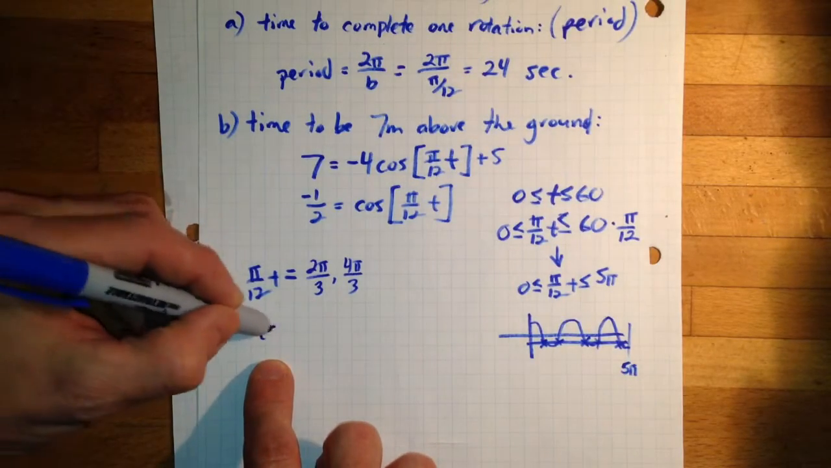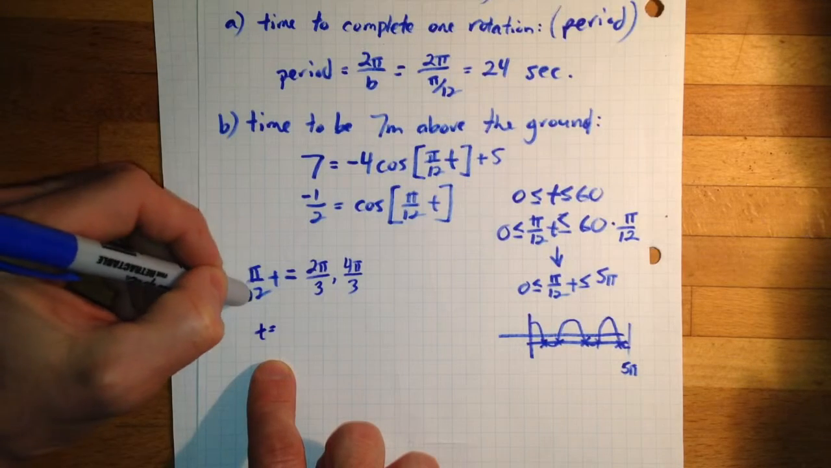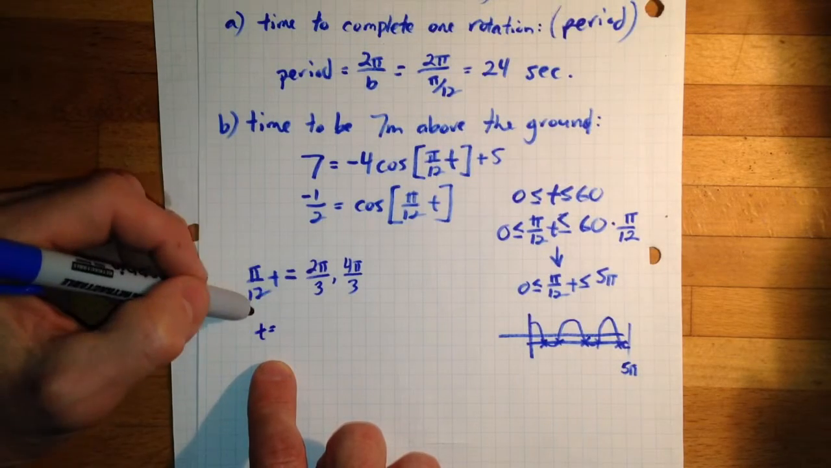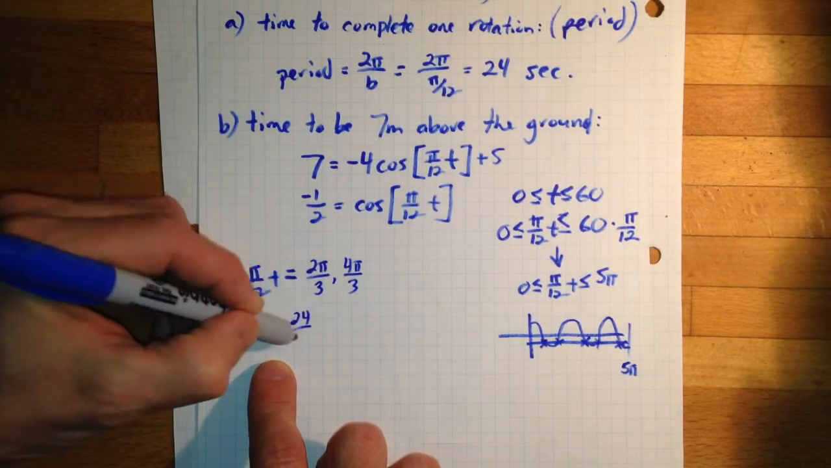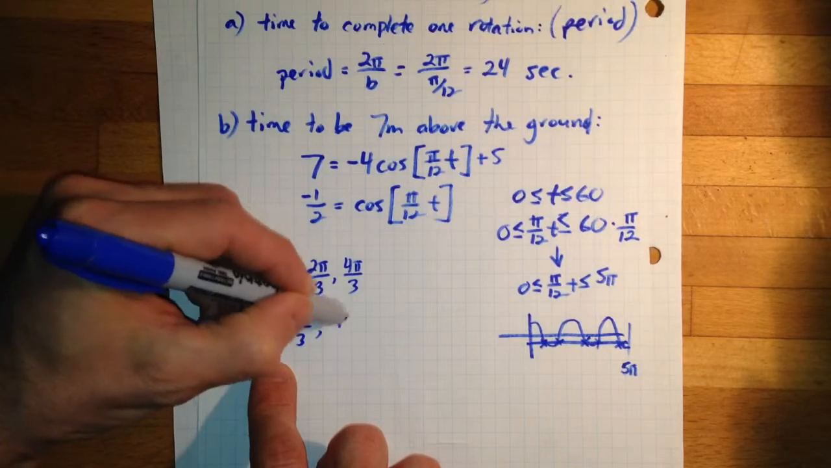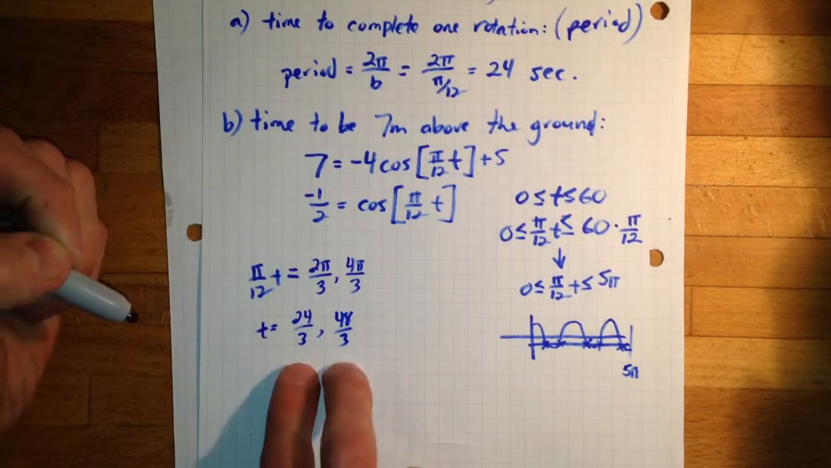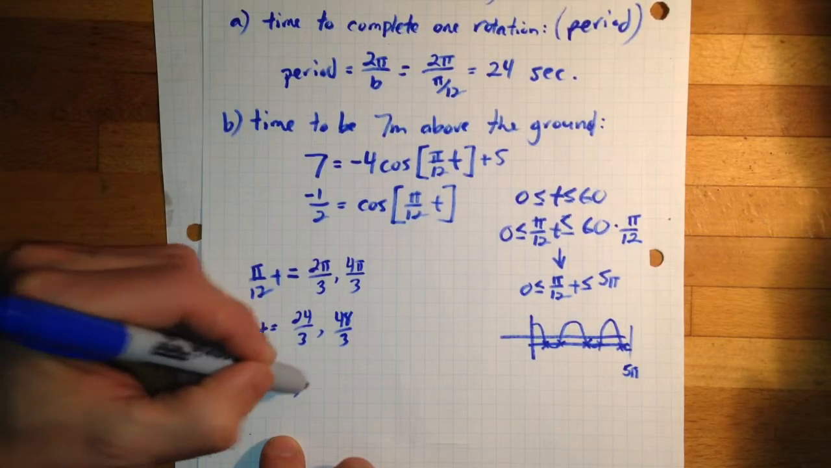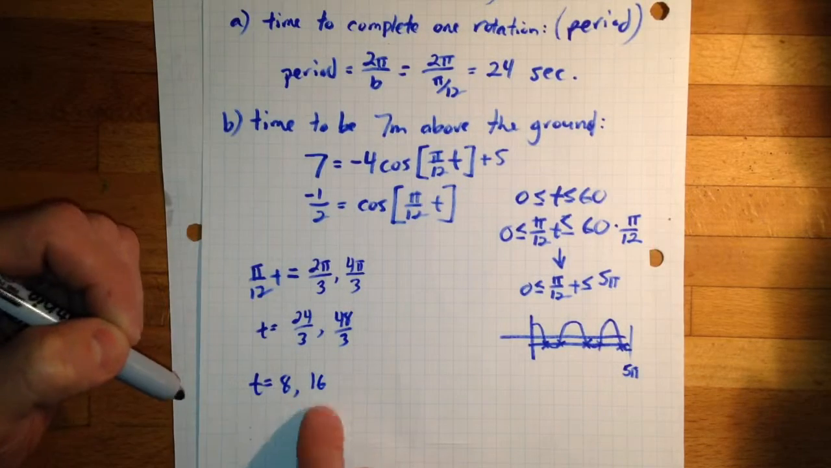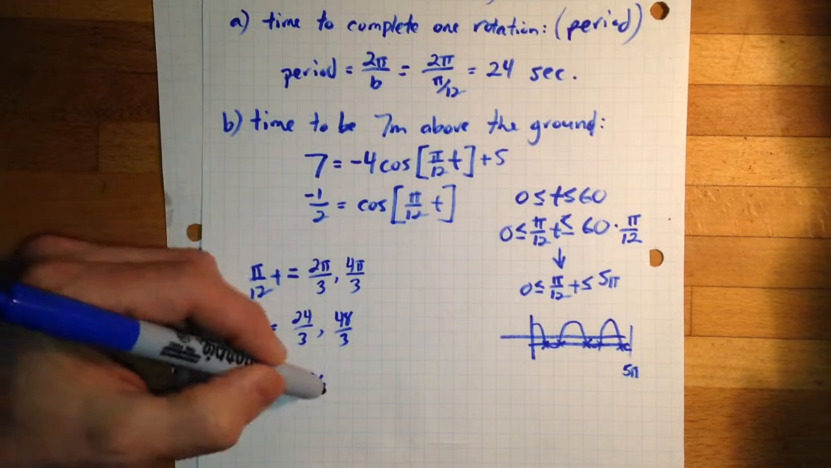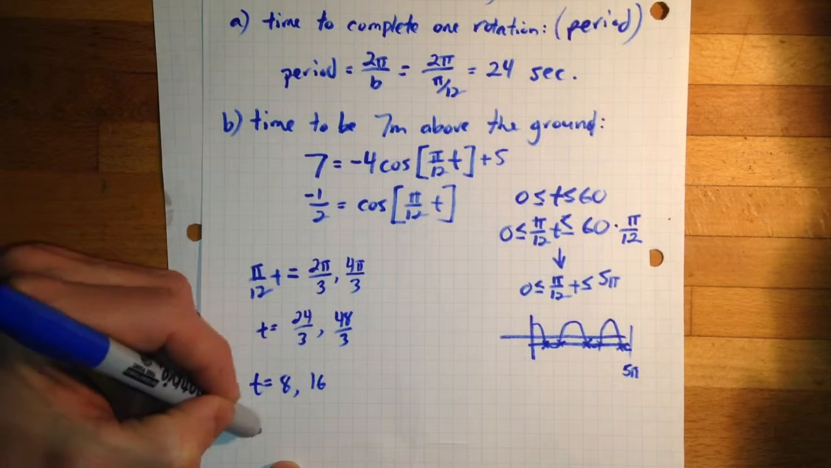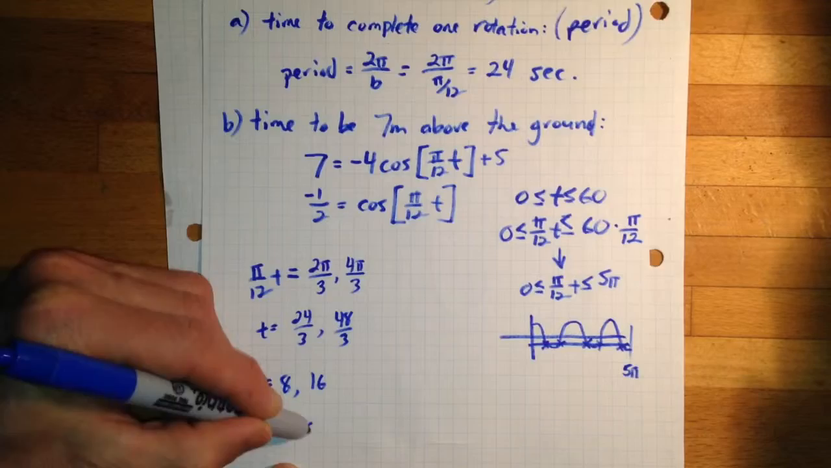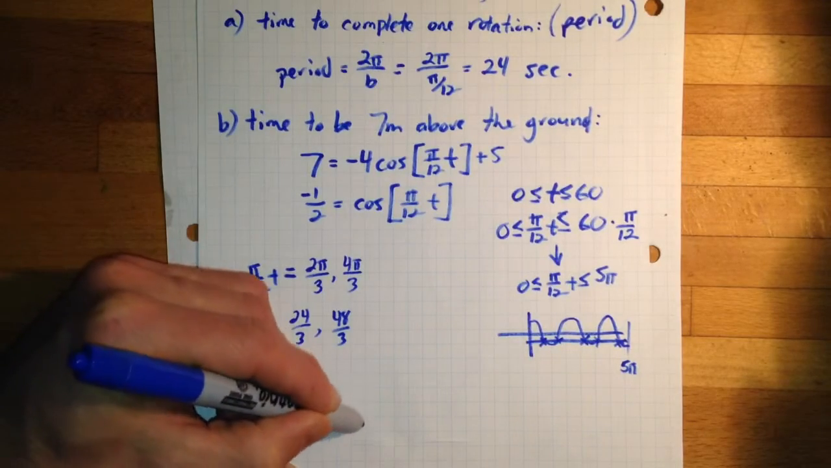So if I divide both sides by pi over 12, the pi's will cancel, and this will be 24 over 3 and 48 over 3. Those are our first 2 solutions. In other words, this is 8 and 16. So those represent seconds. Okay, so t equals 8 seconds, 16 seconds,